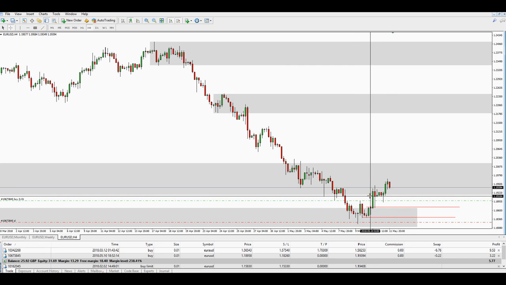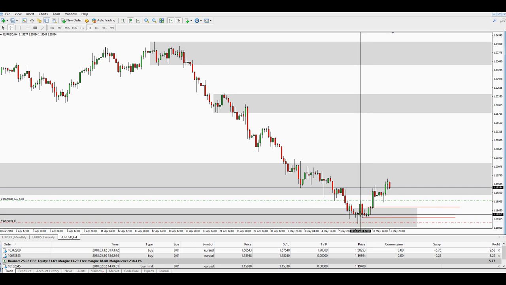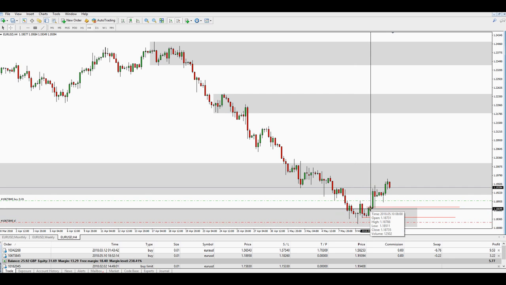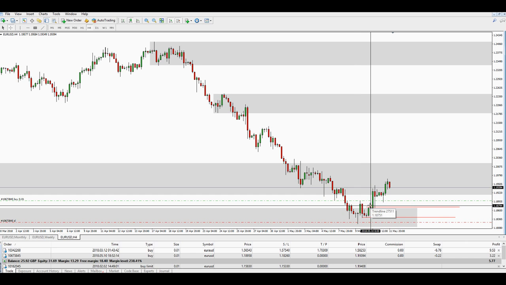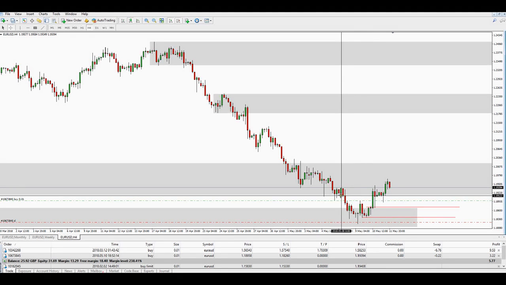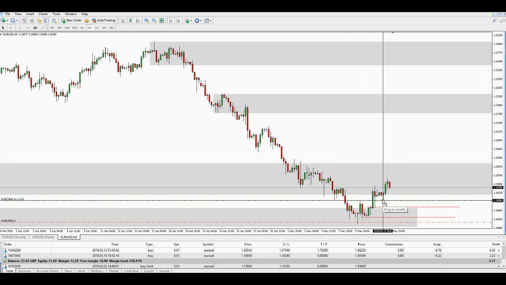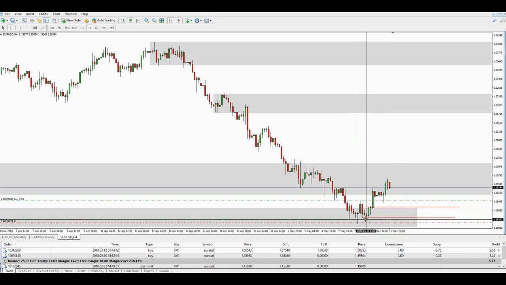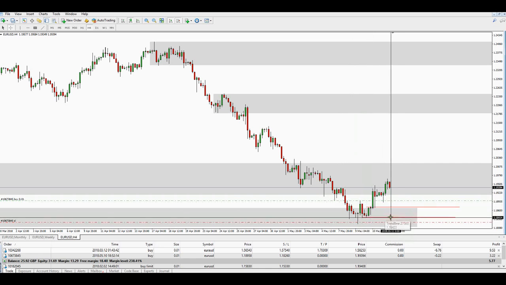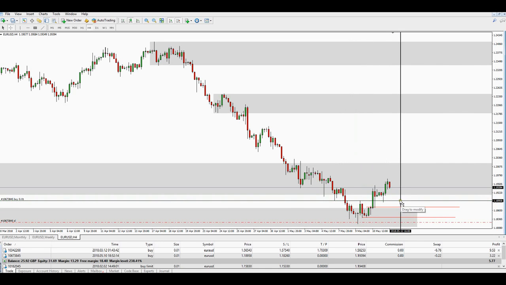Then we pretty much, again, similar pattern down here, like a hammer, doji start on the London. New York took it up and closed above all this. So therefore I put an order in, price dropped. My stop was below this level down here, this whole level area, as you can see. That doesn't mean it's going to work, by the way.